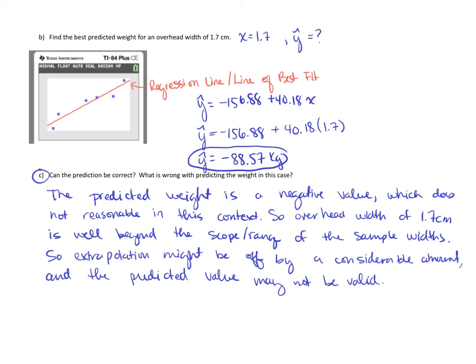So the takeaway from question B and C is this. You only want to use the regression line to make predictions if the data is linear. And we did the hypothesis test in example 3, and we said yes, the data is linear. However, in this scenario, when we get a value that doesn't make sense for the context of the problem, this is usually an indication that we are trying to predict outside of the scope or outside of the range of the actual data values that we have. This regression line is not going to be the best predictor in that situation. So you have to be careful about extrapolating for values that are beyond the sample data. So even though the hypothesis test supports the claim that there is a strong